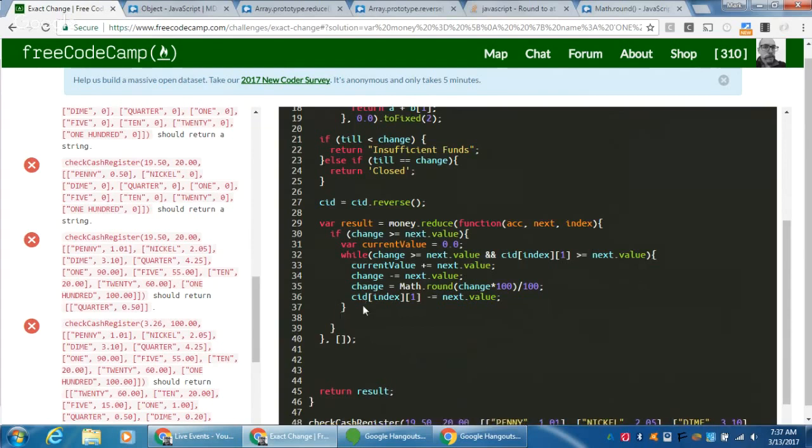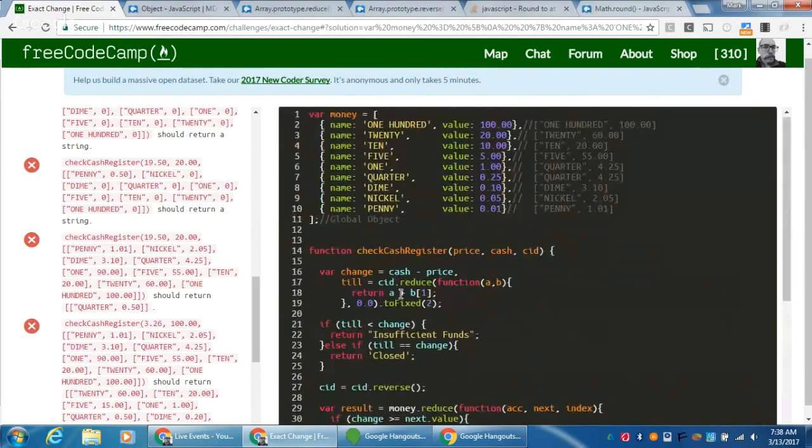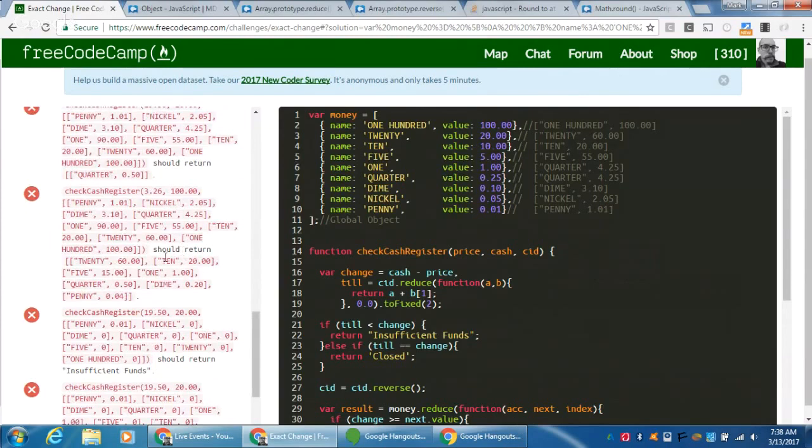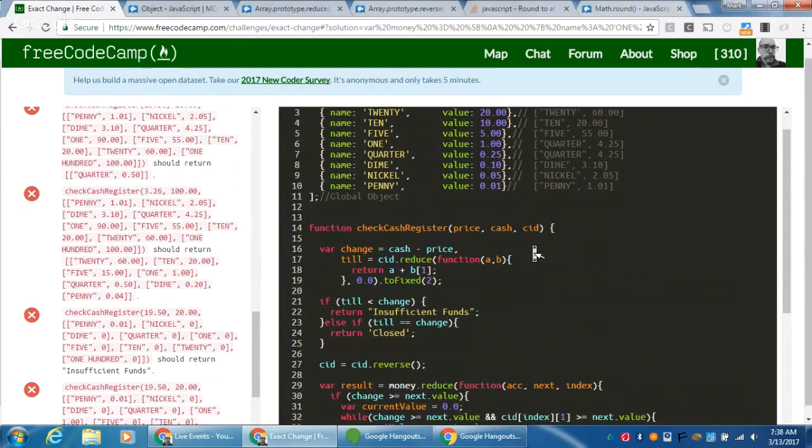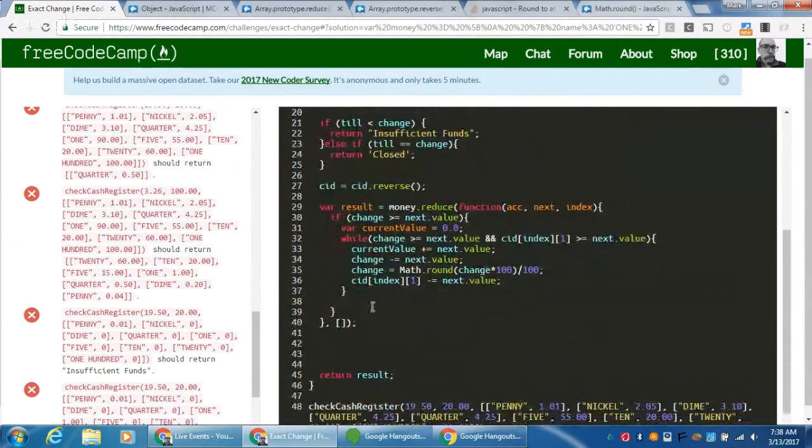denomination. Now, after it goes through and finishes one denomination, remember that denomination is going to start at the greatest and then go down into the smallest. And notice that in our return here, it starts from large to small, which is good, which means they expected us to reverse the cash in drawer. So since that is correct, we don't have to flip that again, which is nice. All we have to do is say, take this accumulator here, whatever that total amount is, and then I'm going to